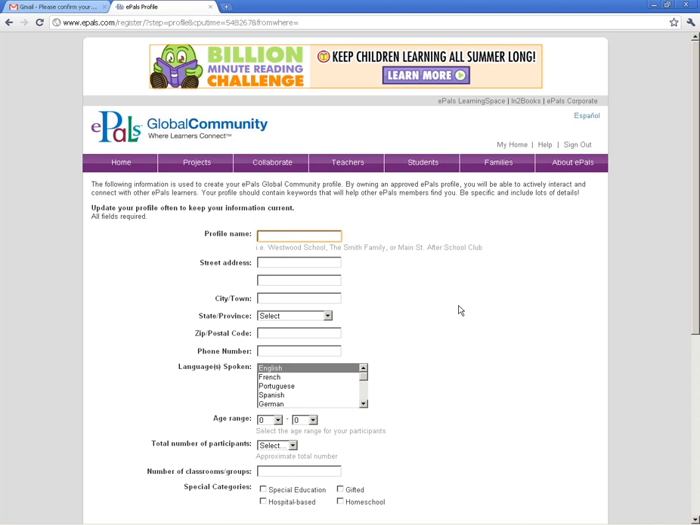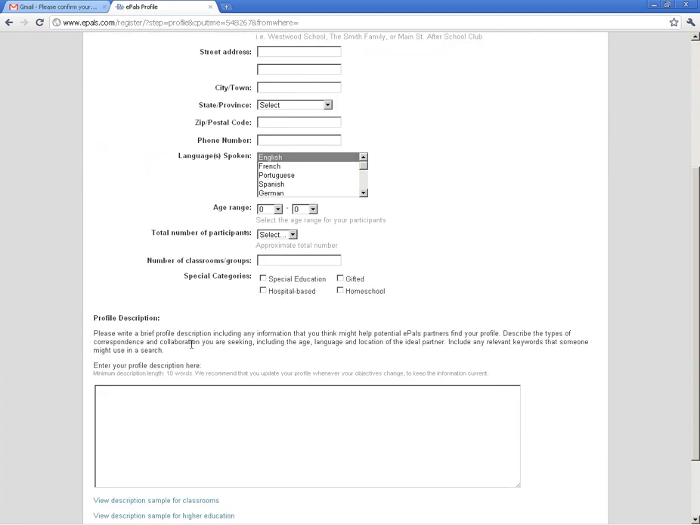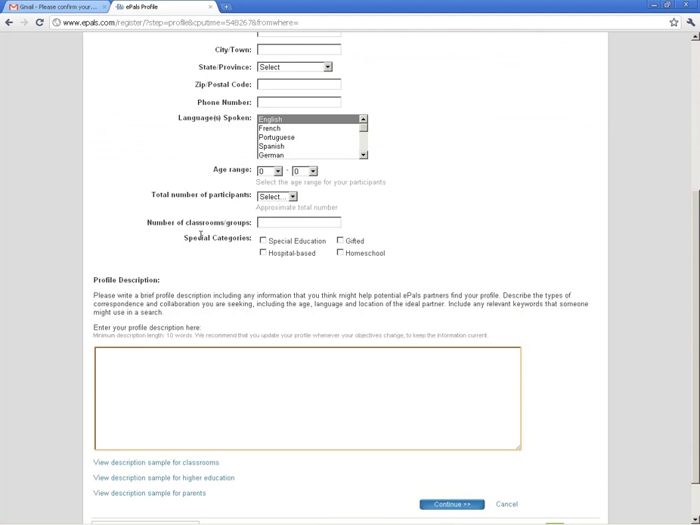It starts off with a profile name, and you want to be descriptive here. If you're looking for 6th grade science, or you're trying to start a connection from your school, you can put that in right in here. I'm just going to put in the name of the school I'm at right now, Jane Freeze Middle, and I'll just call it a science club. Put the street address, your city and town, state, and get all this stuff filled out. Other than filling out your age and your language, English or whatever language you speak in your room,